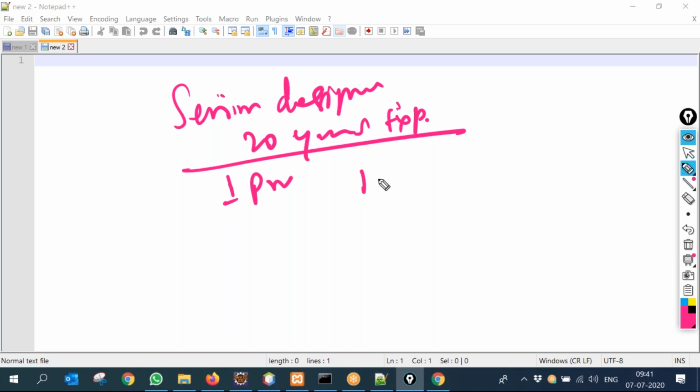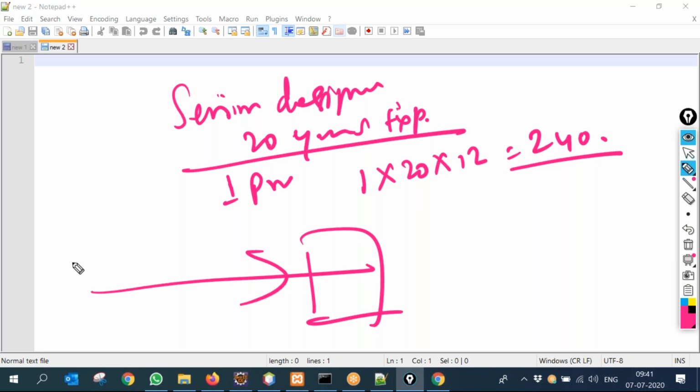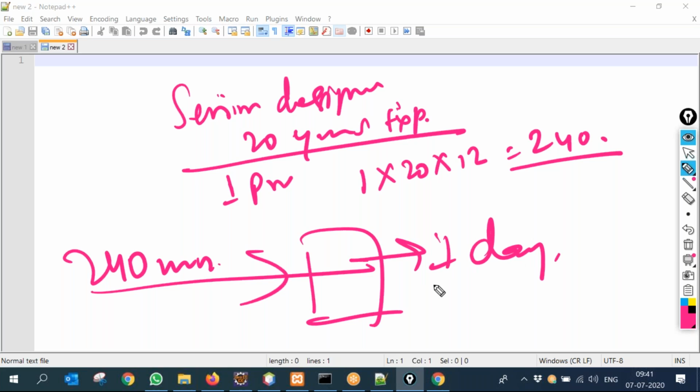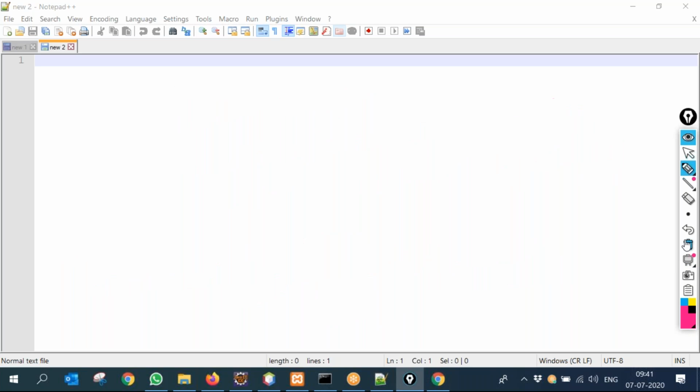So how many? 1 into 20 into 12. 240 products, right? Machine can learn 240 million patterns in 1 day. There is no match between a senior designer and this. Okay, let me explain with this.